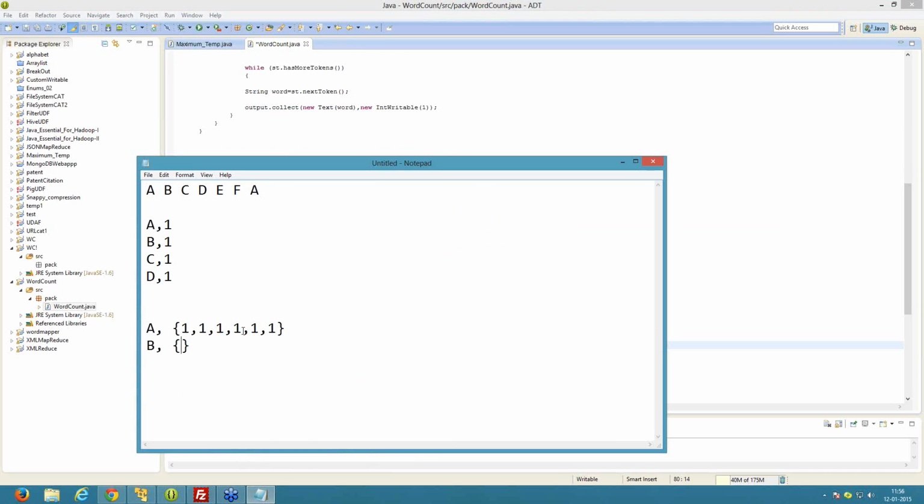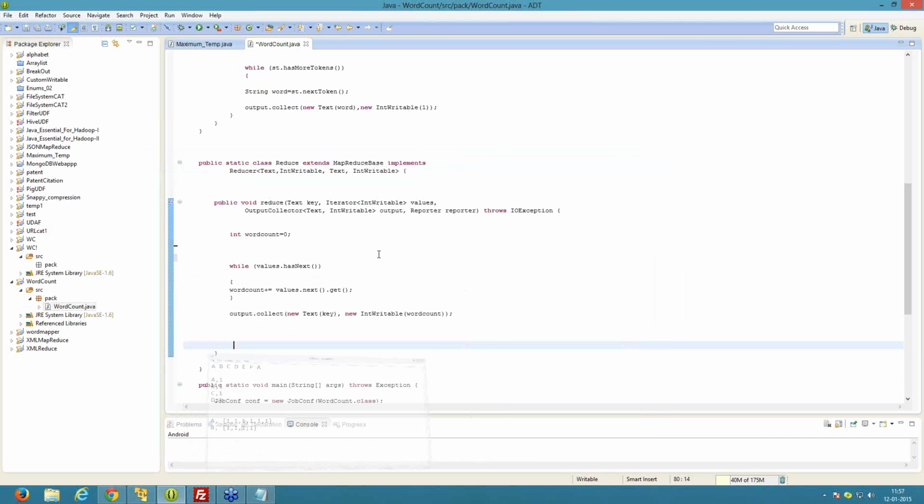Suppose A has occurred 6 times in a file, so it counts the number of occurrences of the word A in the file. B has occurred 4 times, so we have to provide the logic to add the values that are associated with the key A. So it takes the data from the network in the form of a key and a list of values.